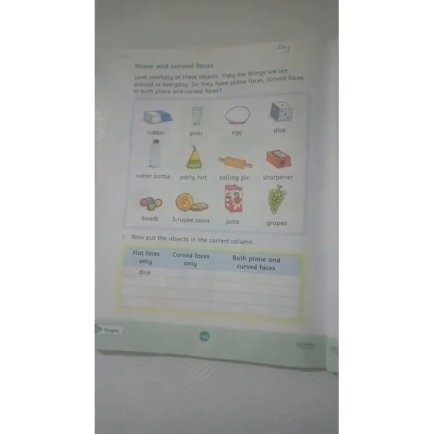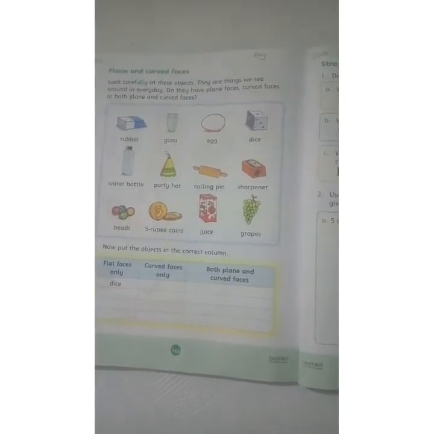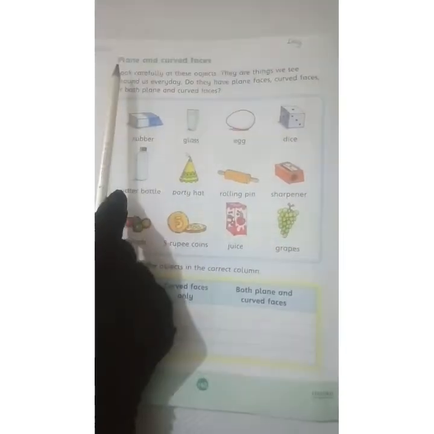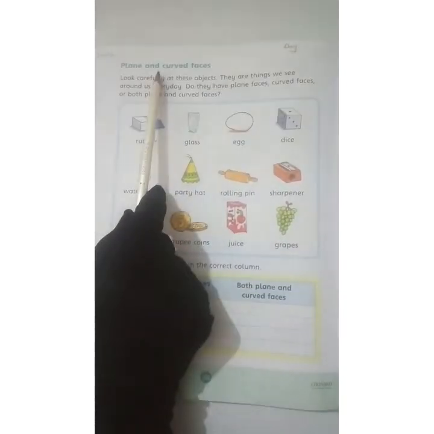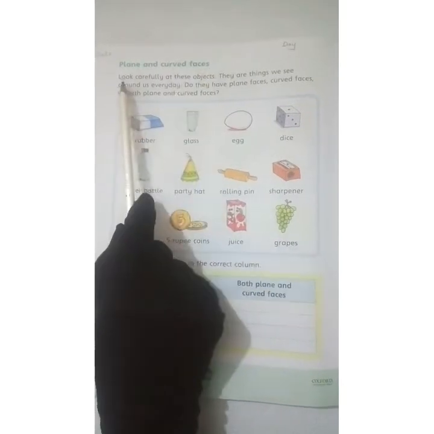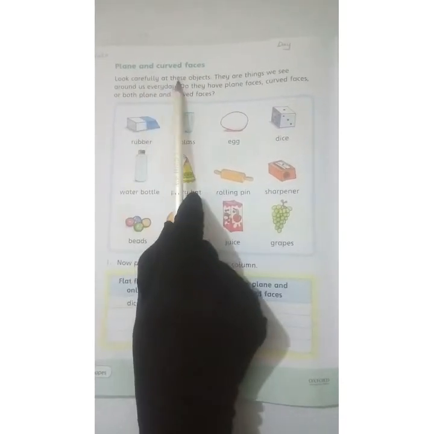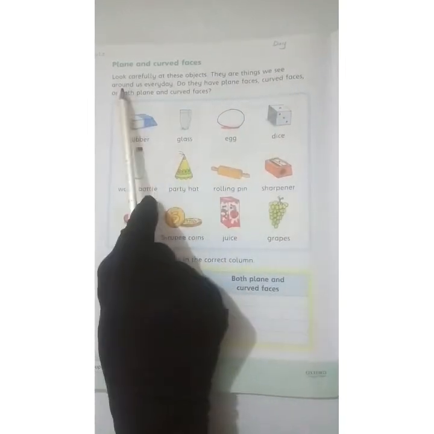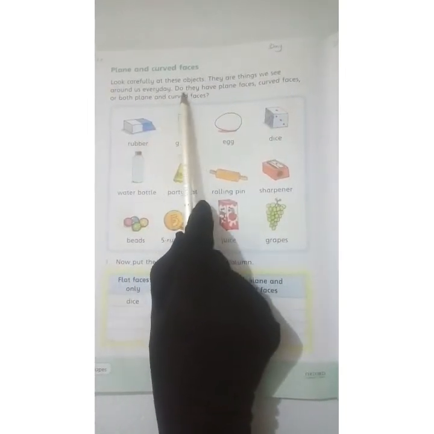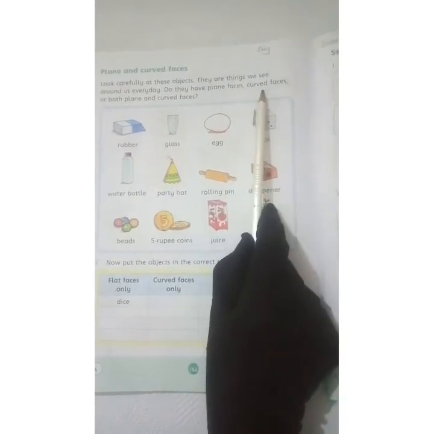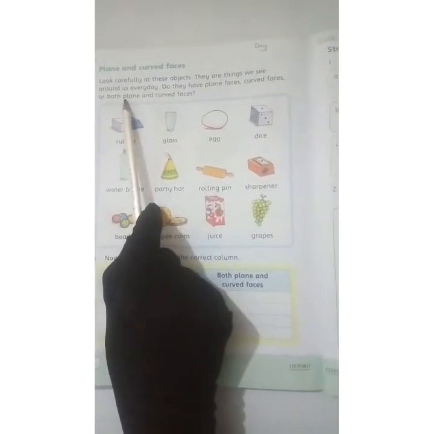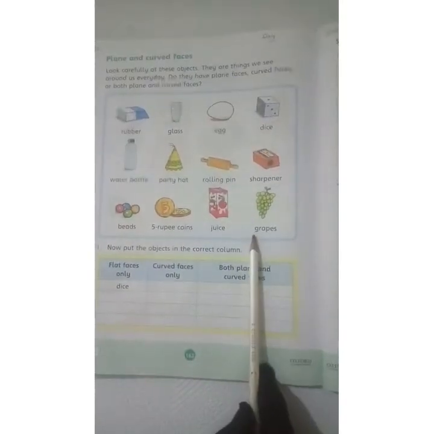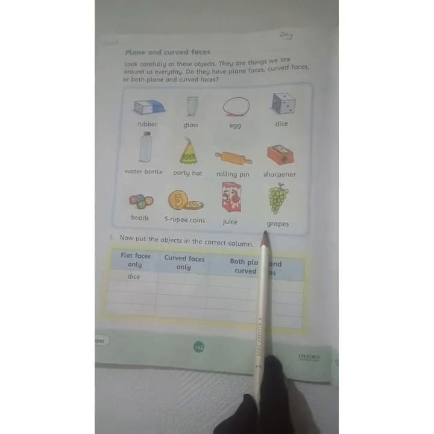Now children, open page 162. Put the date and day and read the caption. Plain and curved faces. Look carefully at these objects. They are things we see around us every day. Do they have plain faces, curved faces, or both? Plain and curved faces. In this page, children, first we read the